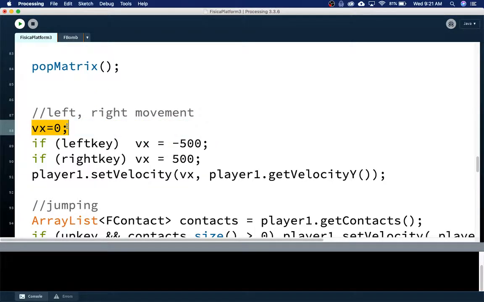So Vx is a variable that's declared at the top. And when I press the left and right key, I just set it to negative 500, positive 500. It's not really important exactly what those numbers are, but they have to be fairly big for it to have an effect. And then we can only really use set velocity to change our character's position,